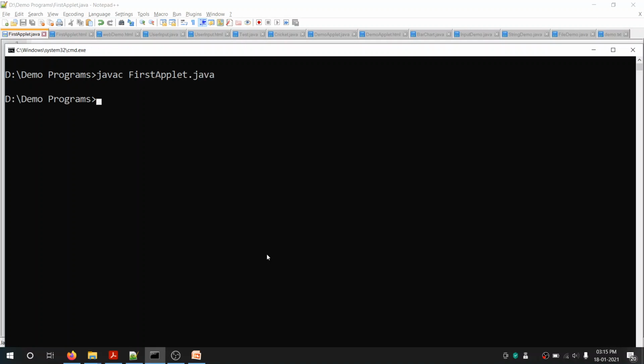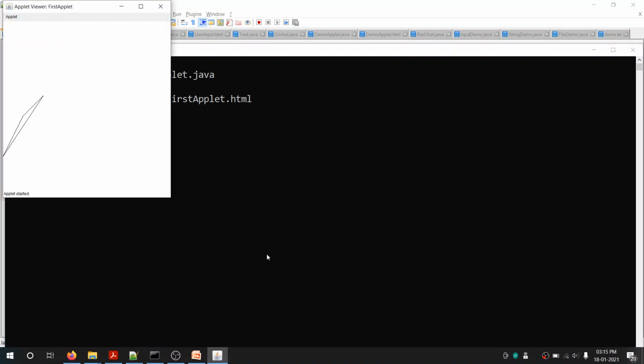We have compiled it successfully. Now we will execute it by using the command appletviewer followed by the HTML file name, which is still firstapplet.html.